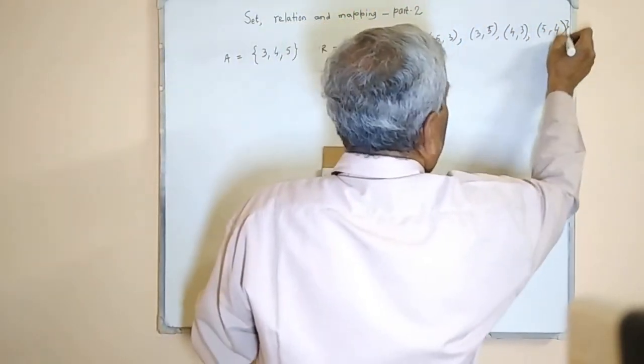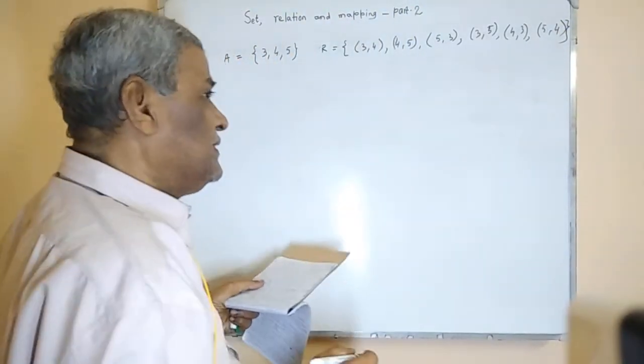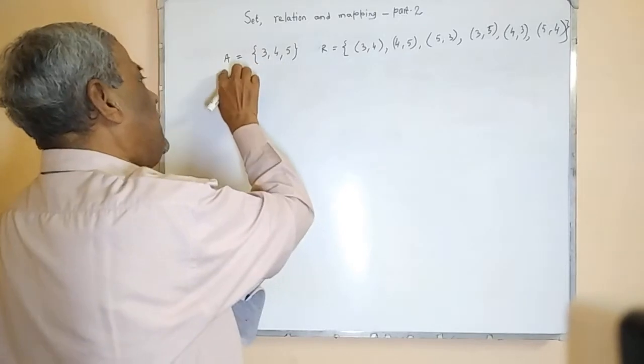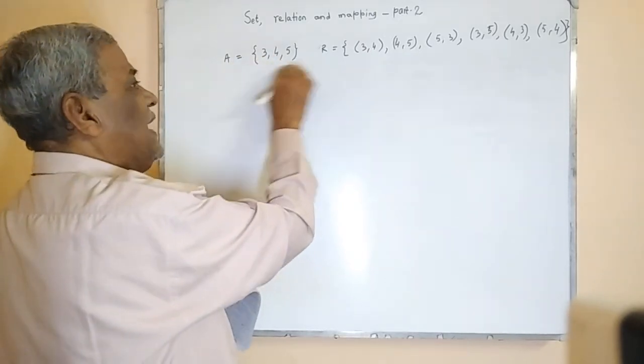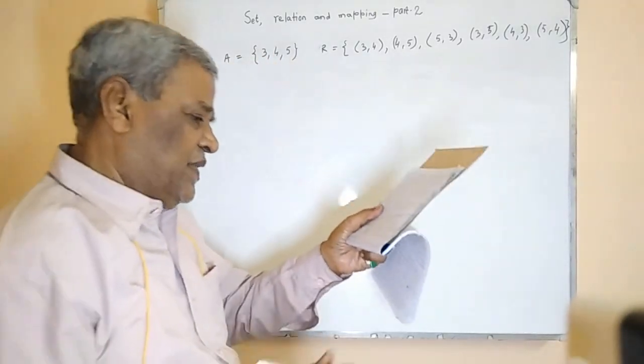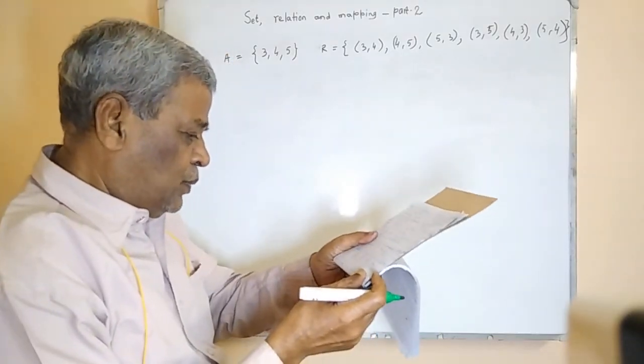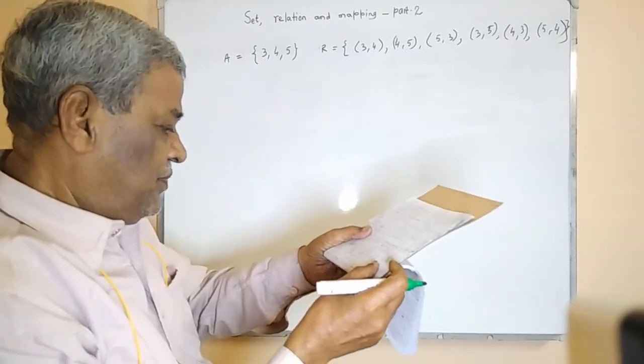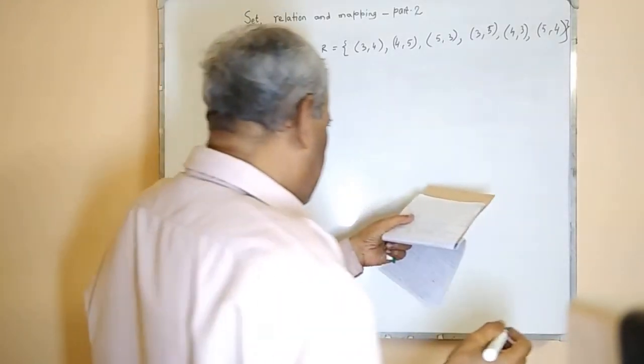This is a relation, meaning this is one subset of A cross A, where A is that. So this is given. Now to find whether that relation is, there are 4 options: